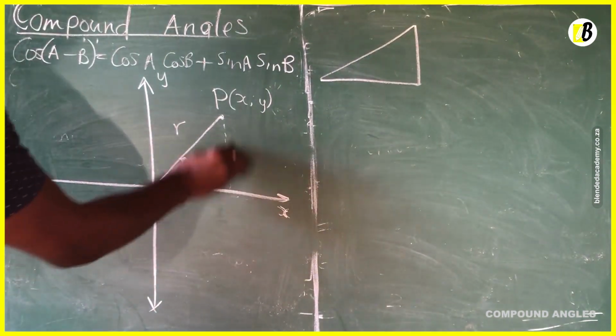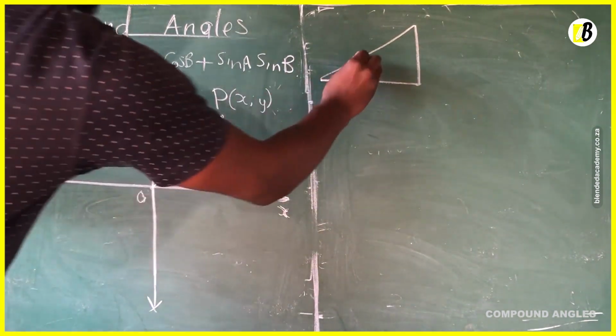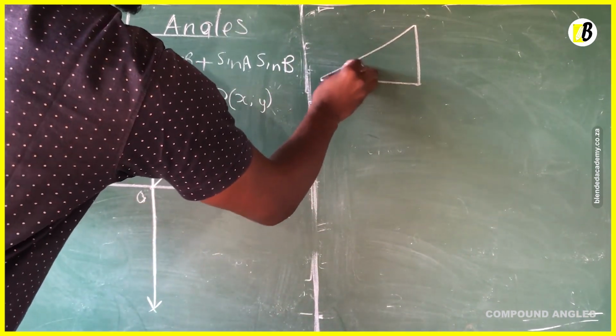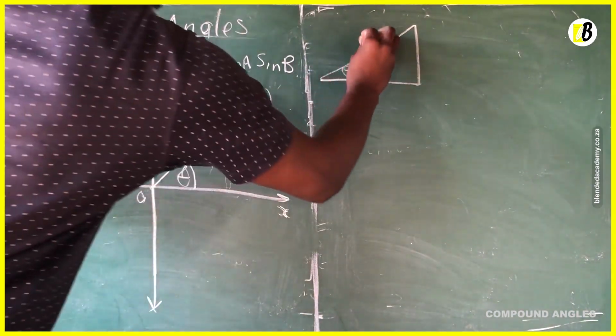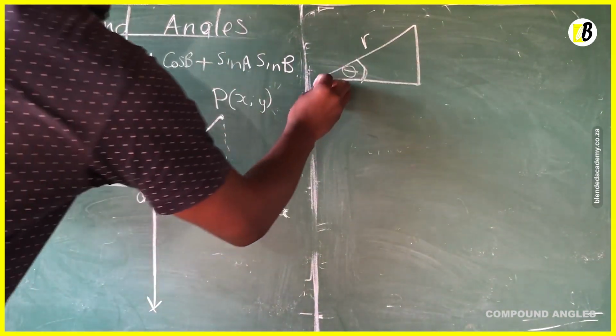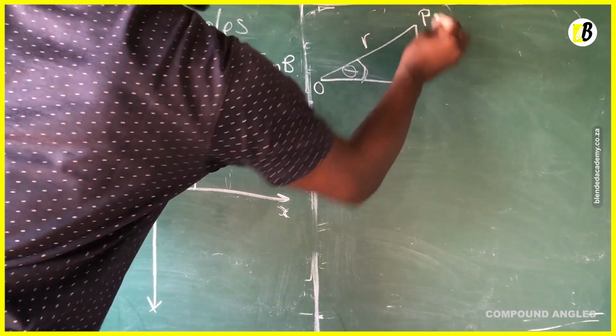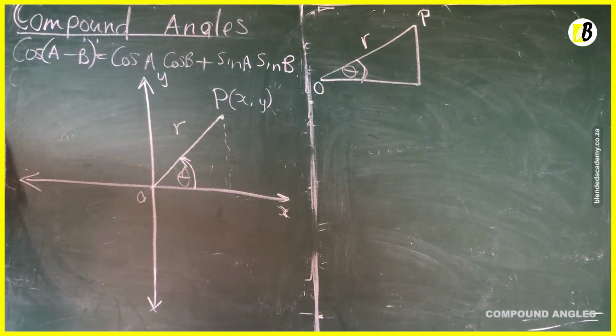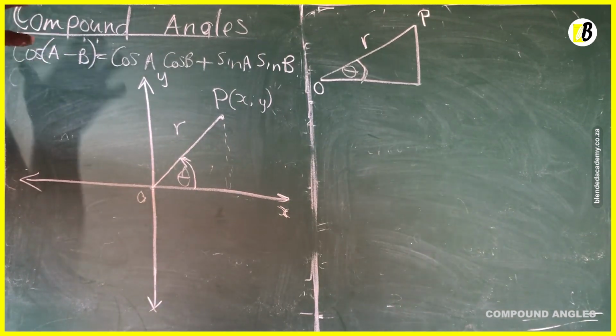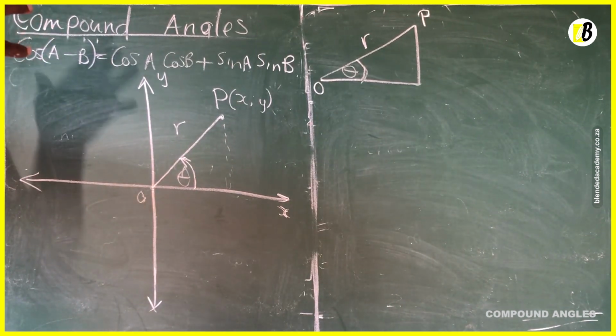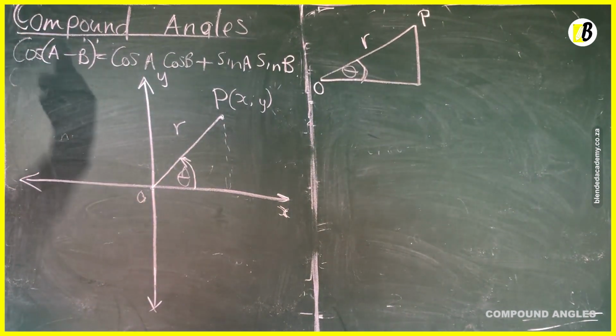This triangle is from this point. So we just took it from there. It's a snapshot of that. Here we're going to have theta, and then this length will be our r, and this point will be O, P. And for us to be able to express the x and y coordinates in terms of trig ratios, we need to know